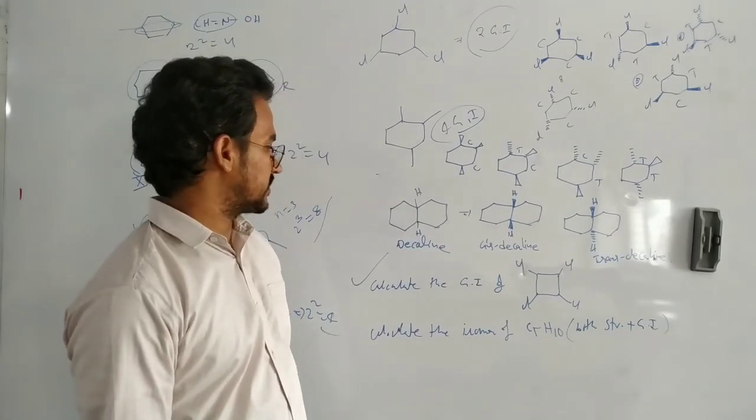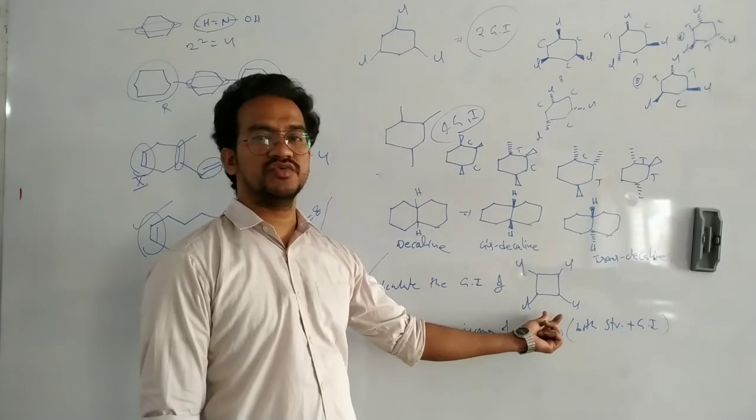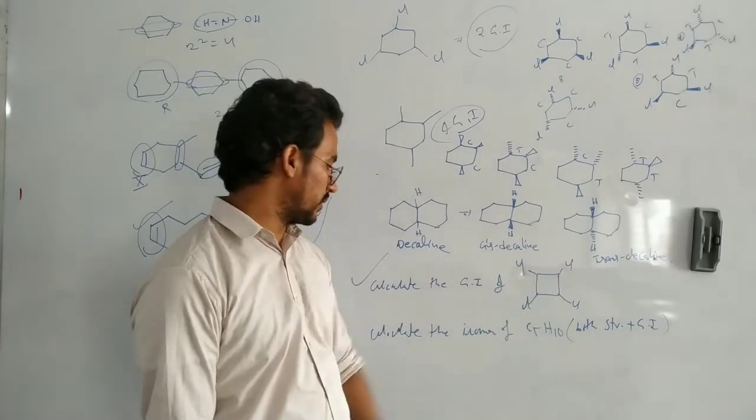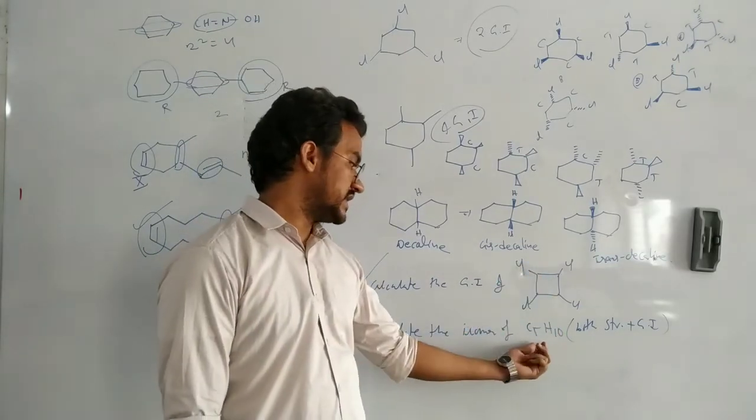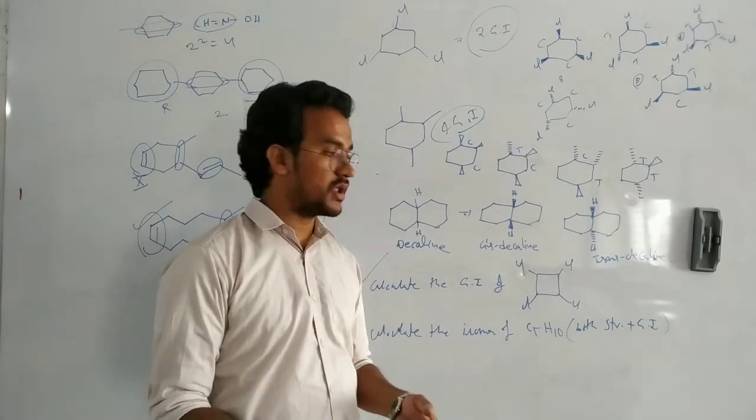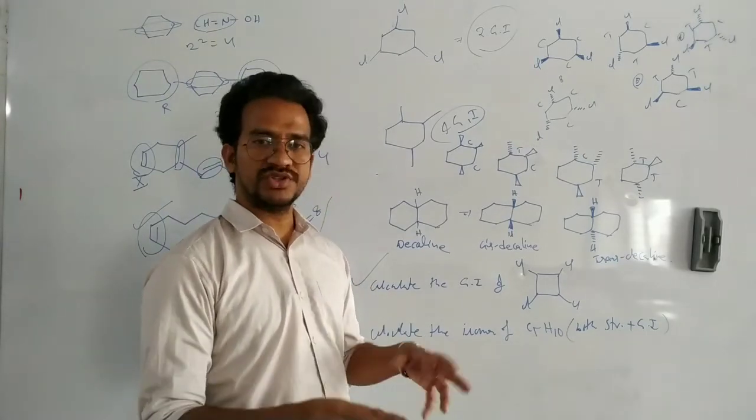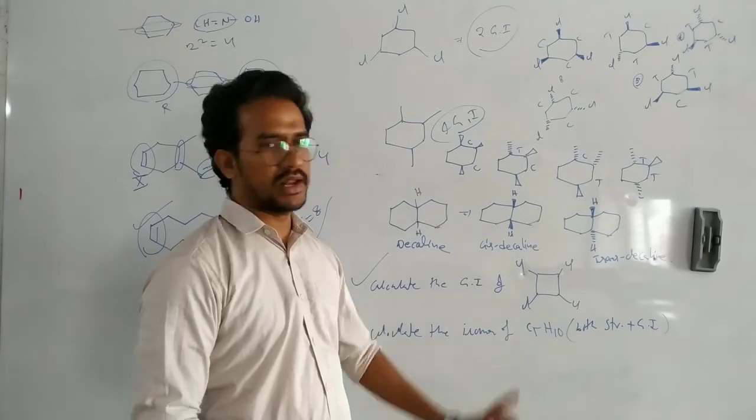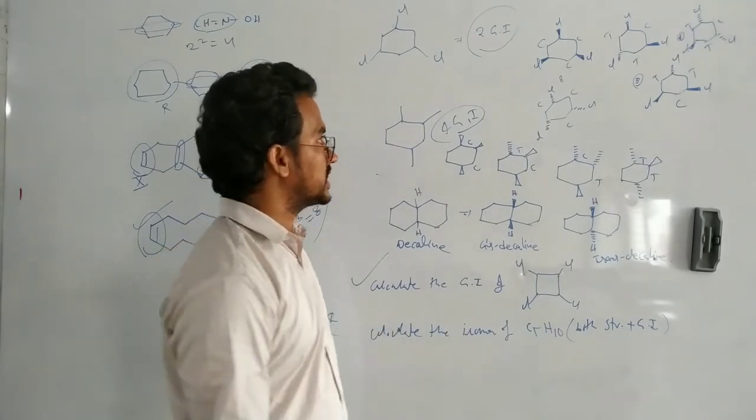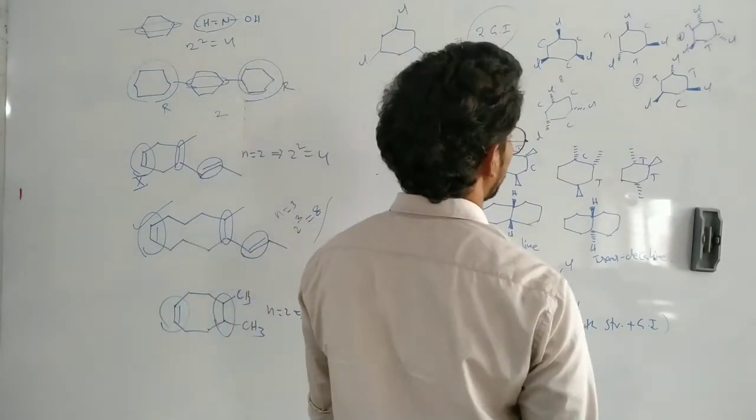Cis decalene, trans decalene. So calculate the geometrical isomers of this 1, 2, 3, 4 tetrachloro cyclobutane, and calculate the isomers of C5H10, both structural and geometrical isomers, both cyclic and acyclic. We should calculate. Okay, and next, finally,